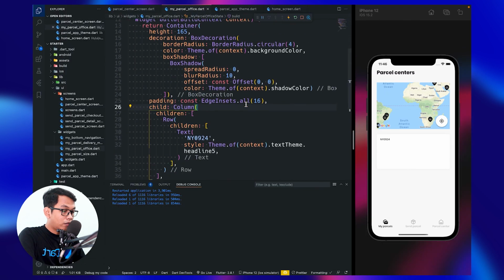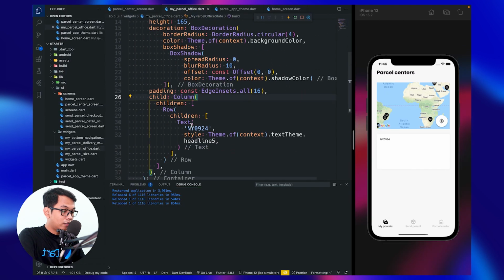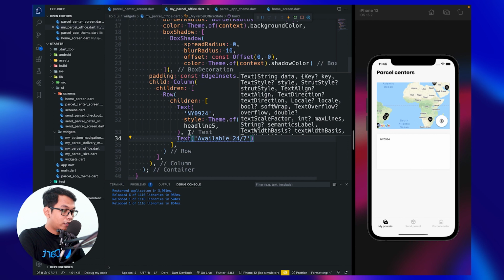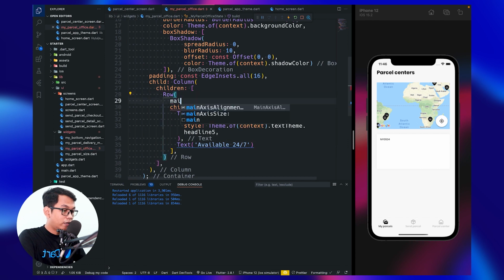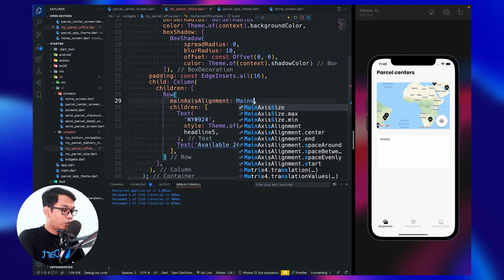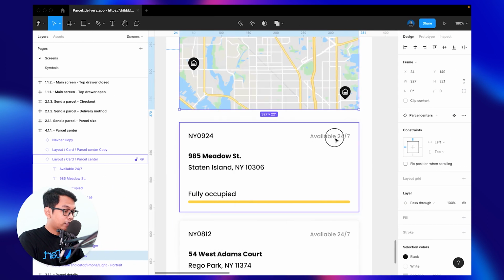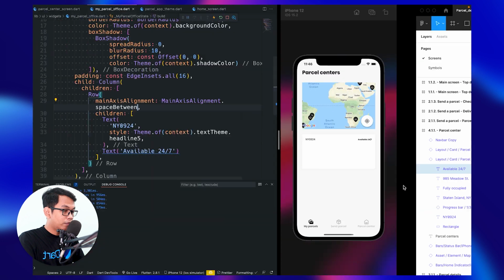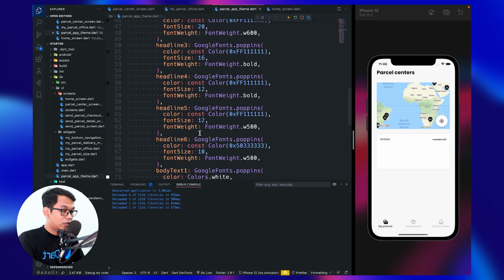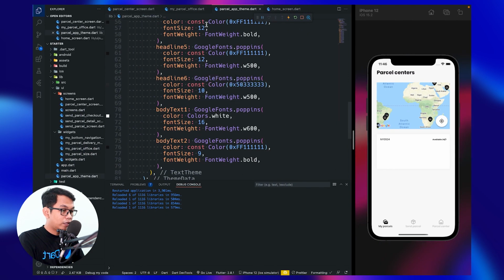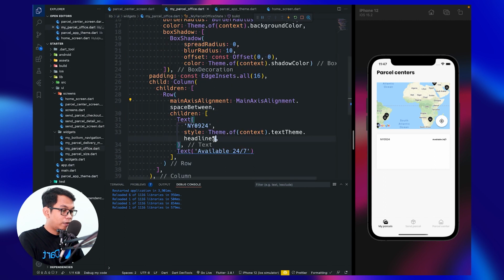Inside our my parcel office, here we need to say main axis alignment space between to give a space. All right, and for the text style, 10 medium, so we see 10 medium is headline 6. Copy this.